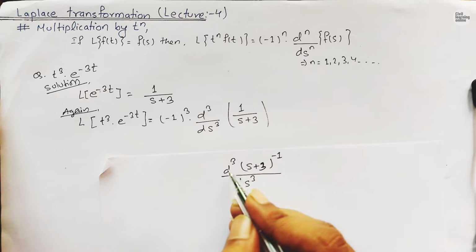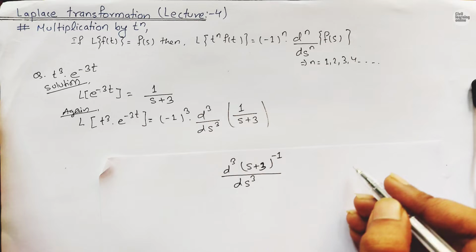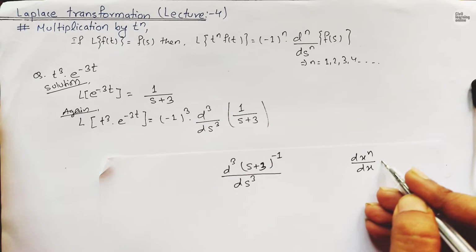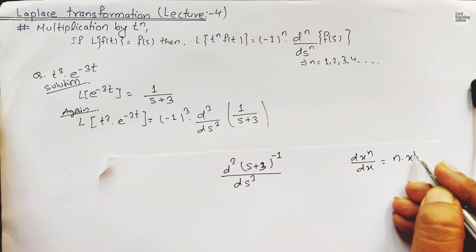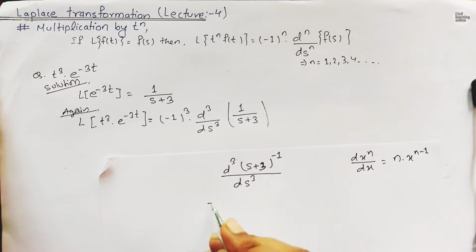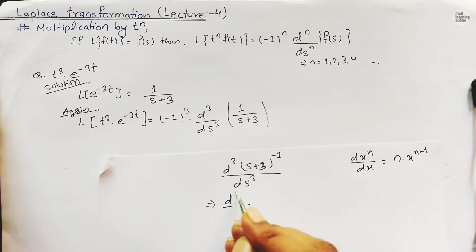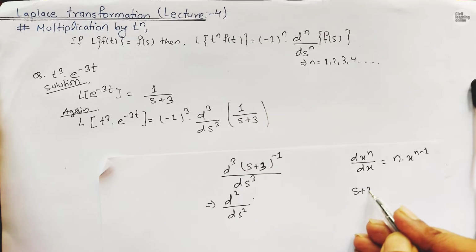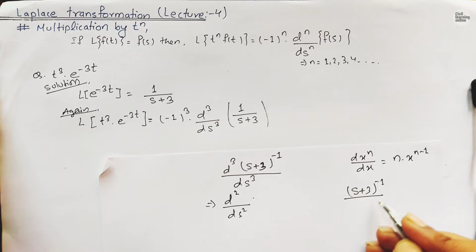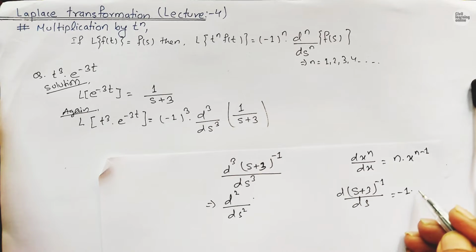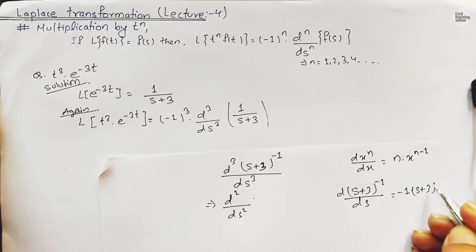Now when we do the derivative the first time, we know the formula that the derivative of x to the power n with respect to x is n times x to the power n minus 1, and in place of x we have s plus 3. So we will have d squared by ds squared, and the derivative of (s plus 3) to the power minus 1 with respect to s will be n, meaning minus 1 times (s plus 3) to the power